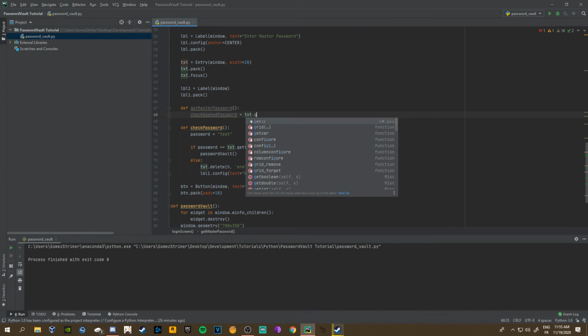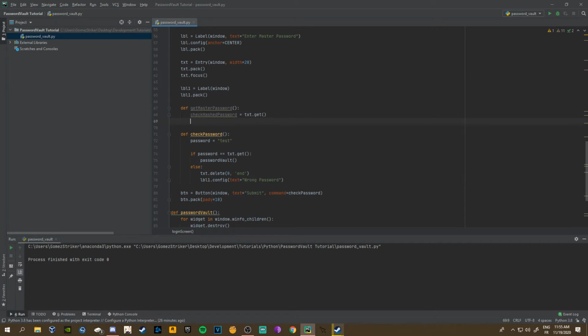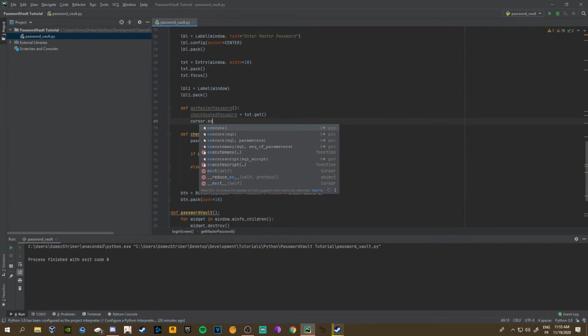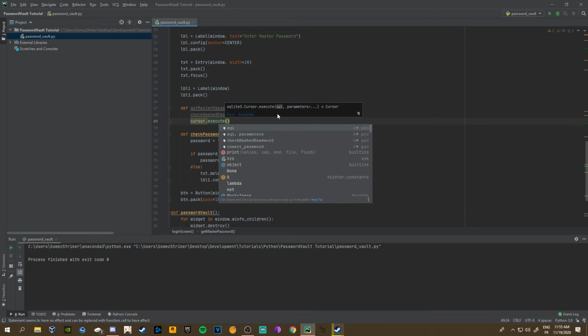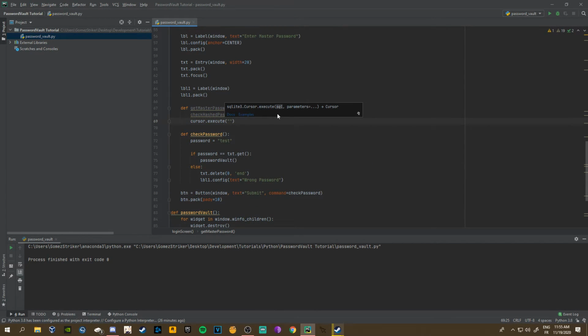So just set this equal to text.get, and then do cursor.execute, parentheses, and this time only one quotation mark, careful, don't put more, select star, so this is select all from the table master password, so it's going to select everything from the table, and then it's going to check where